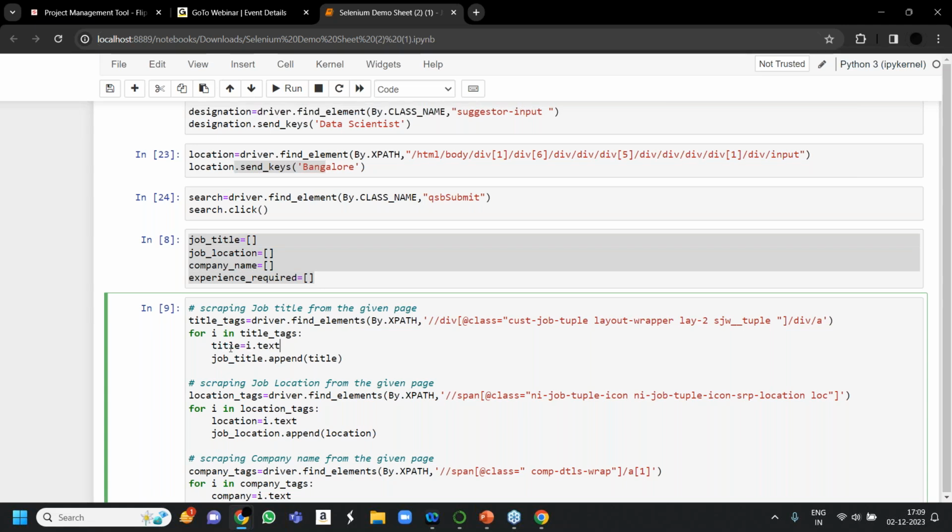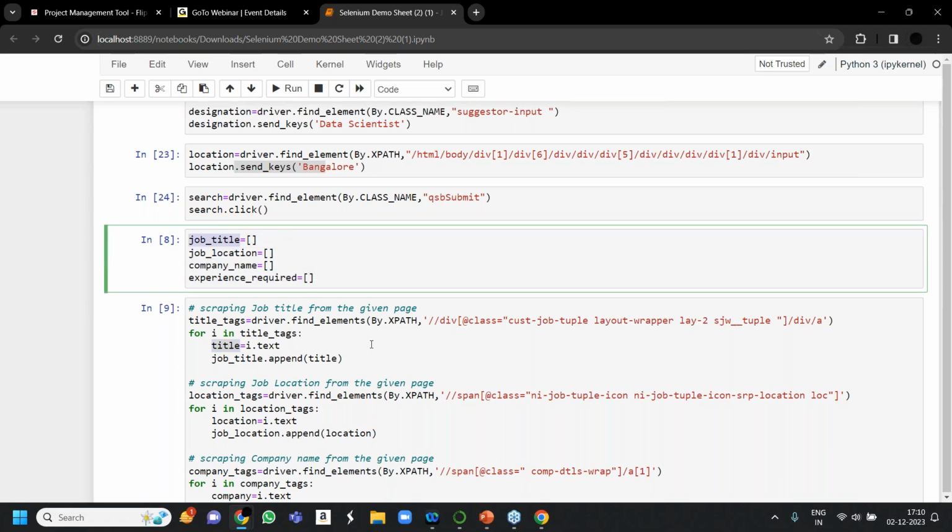So now all the job titles are inside the title variable. But it's a good practice to transfer all your content into your empty list. So my empty list was job title, which I created earlier.